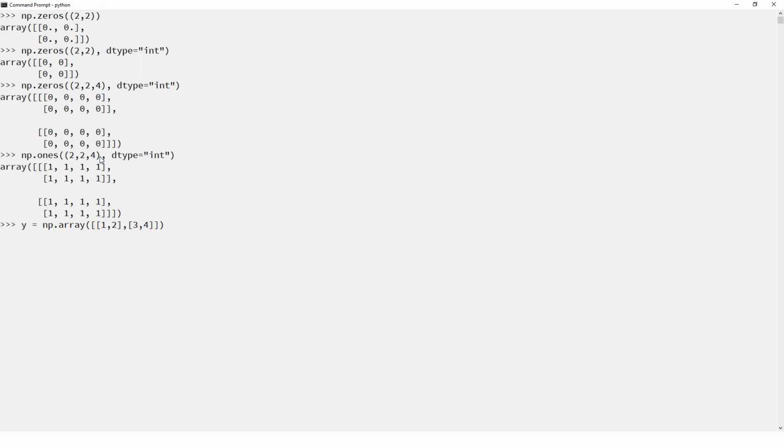Of course we are using our very first function which we did before. If I print y, as you can see, this is a 2 by 2 array. If I already have an array and I just want to create a zeros array or ones array with exactly the same shape and data type,